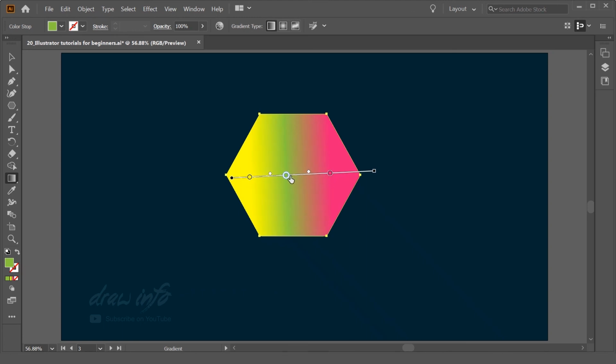You can change the position, and you can rotate that. So this is the very advanced level of the gradient tool in CC. This is the way you can work very easily, or create any effect or any kind of gradient very quickly, and you can modify it all.